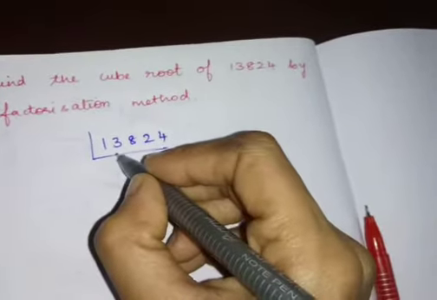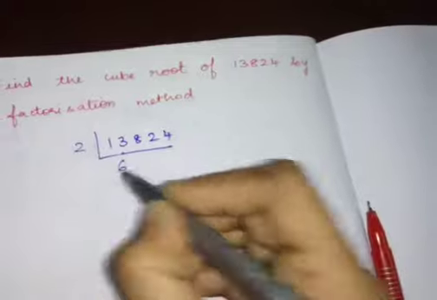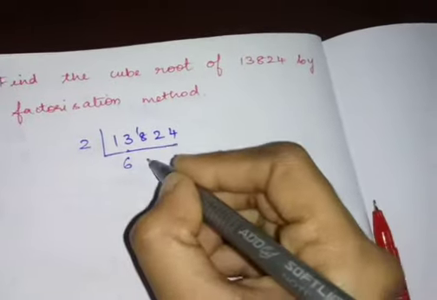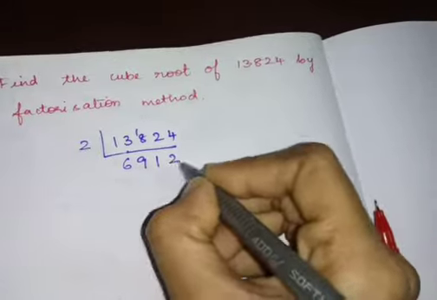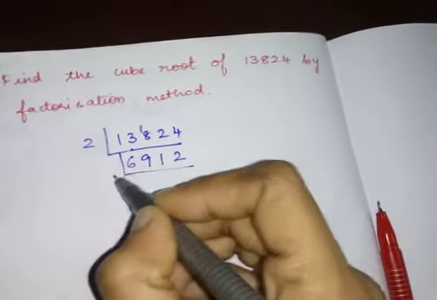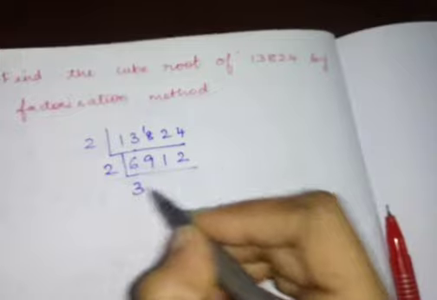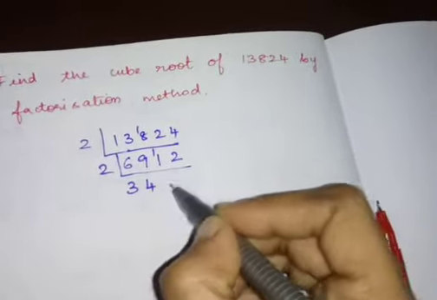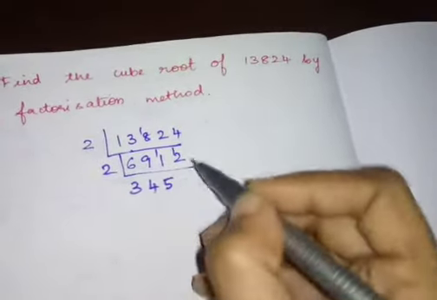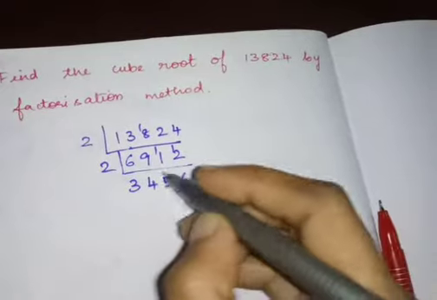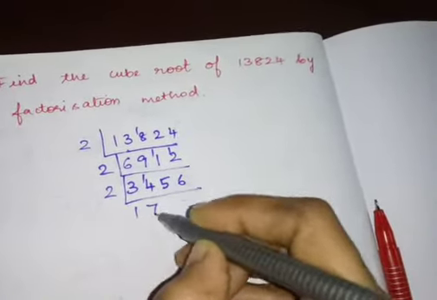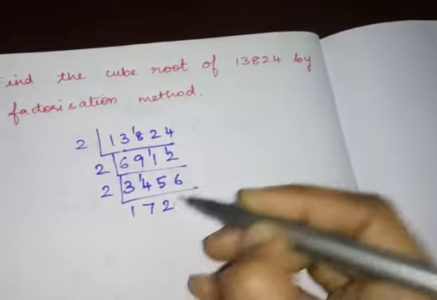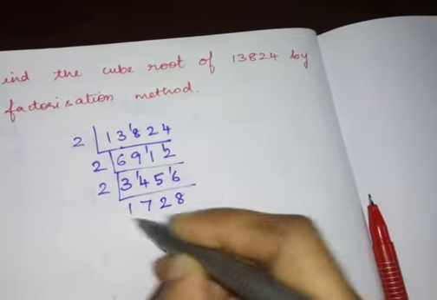13,824. So I'll start with the 2 table itself. 6 2s are 12, remainder 1. Okay, 9 2s are 18. Okay, 2 1s are 2, 2 2s are 4. Then in 2 table, 2 3s are 6. 2 4s are 8, remainder 1, 5 2s are 10, remainder 1, 6 2s are 12. Then again in 2 table, 2 1s are 2, remainder 1, 7 2s are 14, 2 2s are 4, remainder 1, 8 2s are 16.